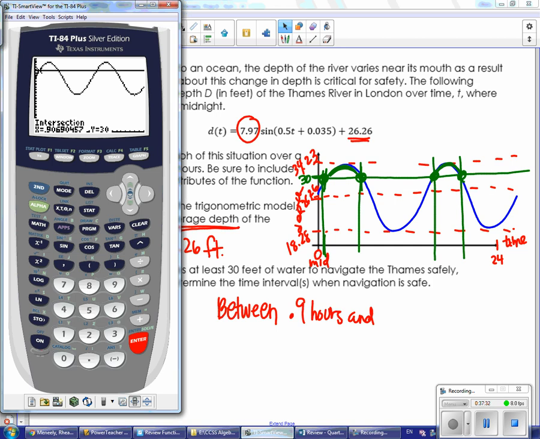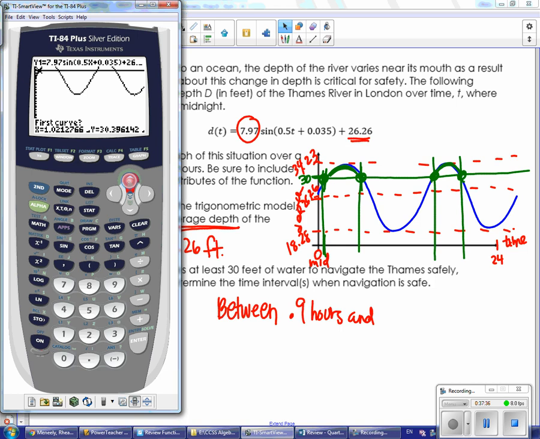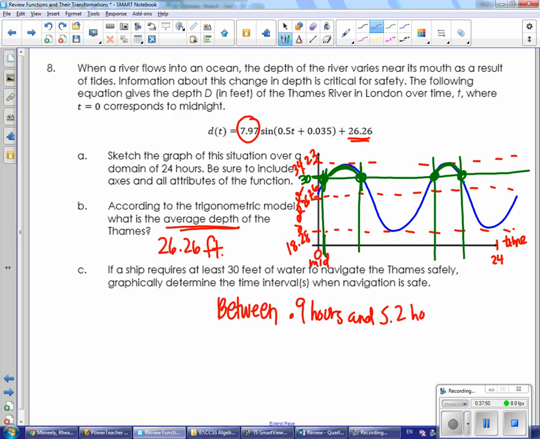I'm going to do the same process again. Second trace, I'm going to choose intersect. And this time I'm going to scoot and find that second point. And I'm going to press enter. You essentially are going to press it 3 times until it says intersection. And that's going to be 5.2 hours. So between 0.9 and 5.2 hours. And then again, between,